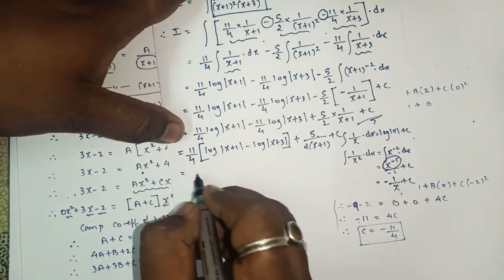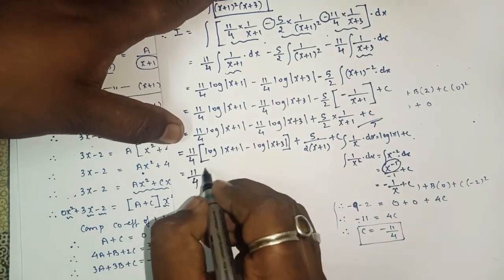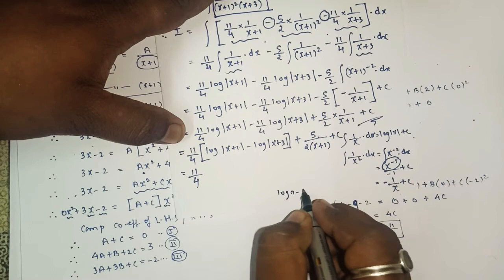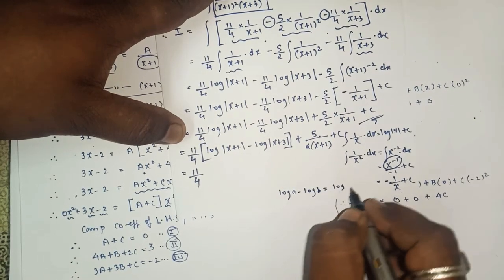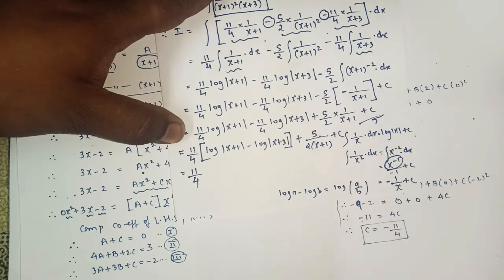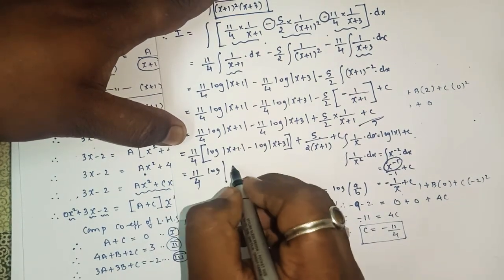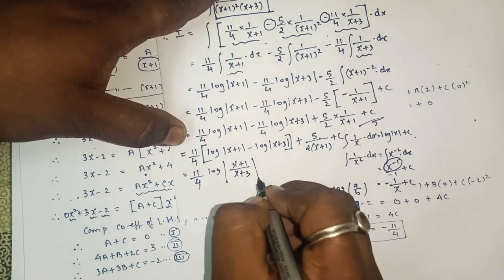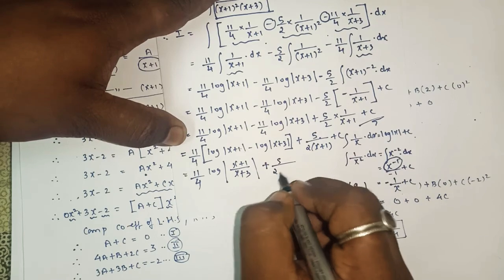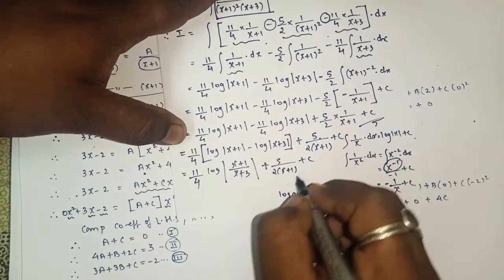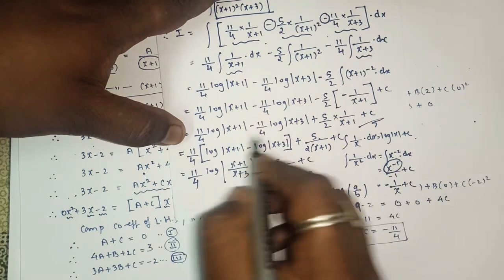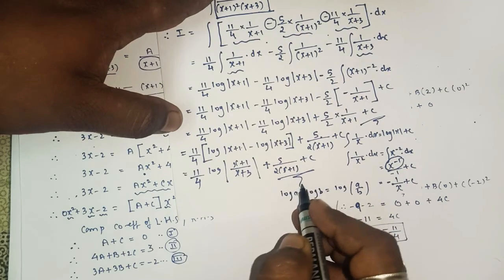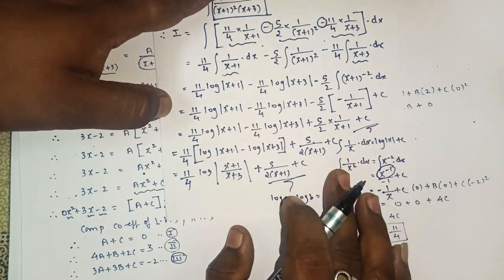Okay, if you want you can solve one more step, as inside the bracket here clearly we can say that this looks like log a minus log b, so it can be written as log a by b. Yes or no? So this can be written as log mod x plus 1 upon x plus 3 plus 5 upon 2 into x plus 1 plus c. That's it. If you want you can stop your answer here itself, or if you feel that we are able to solve the sum further, you can extend your sum, or else you can stop here itself.